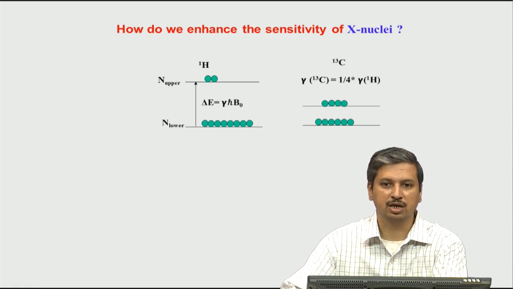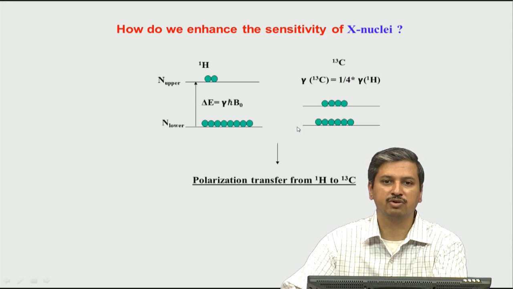Keeping all other factors the same, the polarization, which is the population difference, is directly related to the signal intensity. So, from this you can see that carbon is 4 times less compared to proton because of this reason. Therefore, how can we improve the sensitivity of the X nuclei? One option is we can transfer this polarization from proton to carbon. If we can do that, then the polarization of carbon is enhanced,